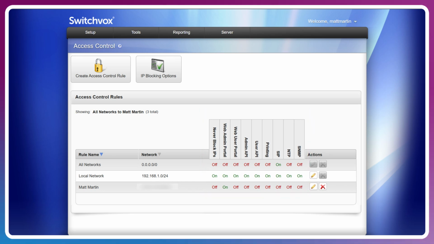Now, of course, the strategy here depends on whether you want certain services to be accessed from certain networks. For example, you might only want SIP phones to access the Switchvox from the internal network or the local network, and would like to block SIP access from the all networks or external, but would like the web interface to be accessible from the external network. At this point, the best way to understand the flow here would be for me to give some examples. We'll use the local network in this scenario as the network that on-prem phones will connect to.